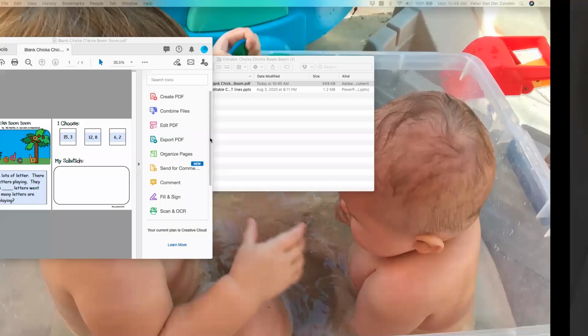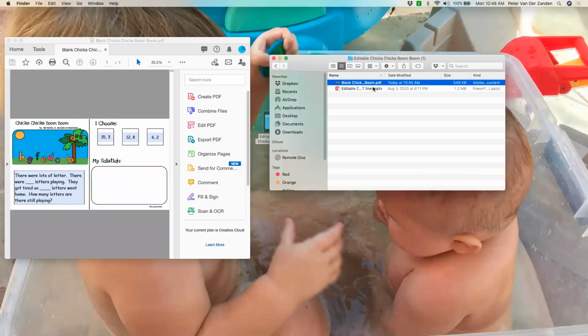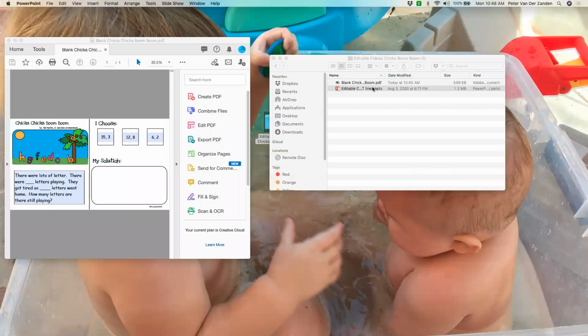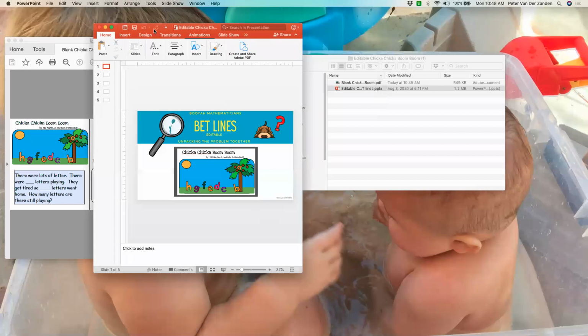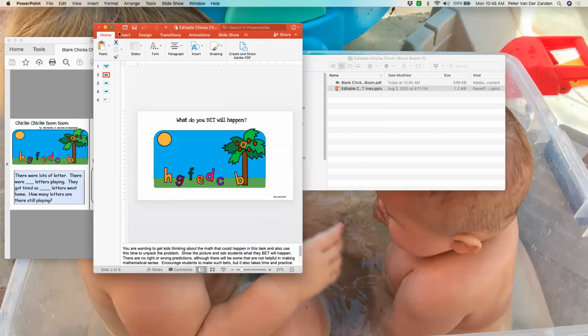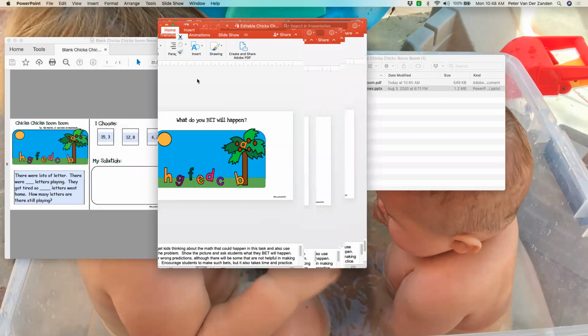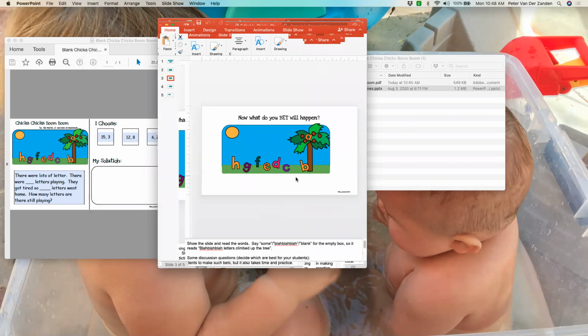Now what I want to go over is if you are utilizing the bet lines, and I'm going to kind of do two screens here. I gave you an editable PowerPoint, and it's editable in the sense that when I do bet lines, it always just starts with a picture, no words. I don't want the kids to get distracted. And the first slide usually just has this first line. So what I would do here